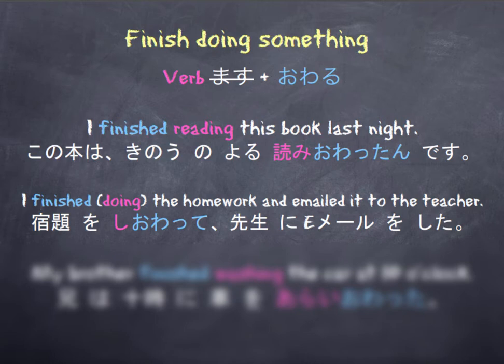Let's take a look at our second example. I finished doing the homework and emailed it to the teacher. 宿題をし終わって先生に email をした. So again, we've got our verb stem shi, which is from the verb shimasu, and attached our